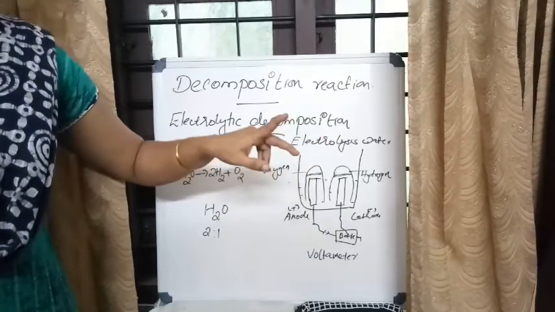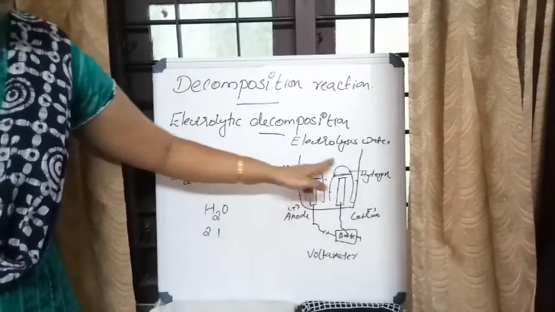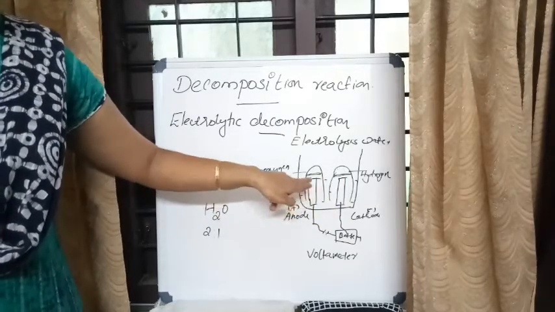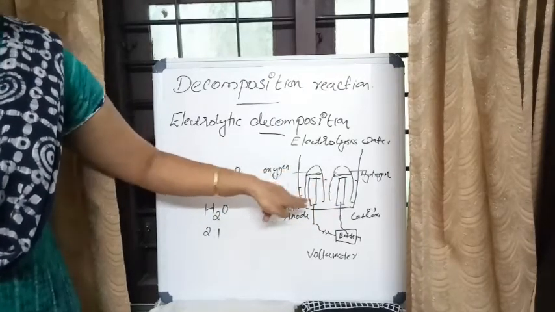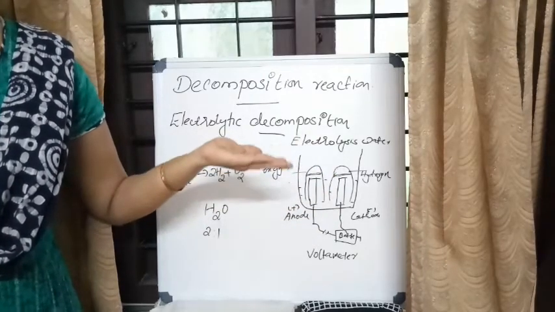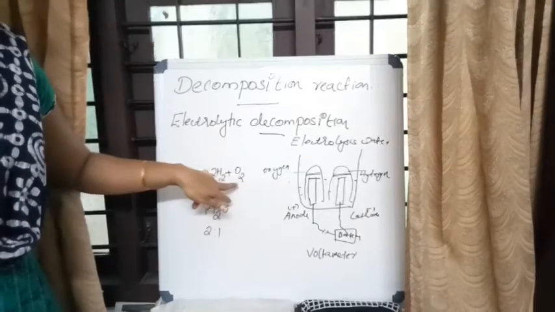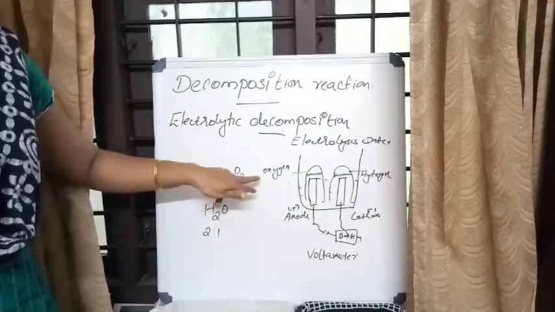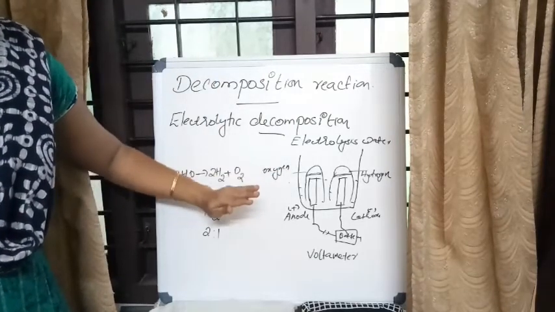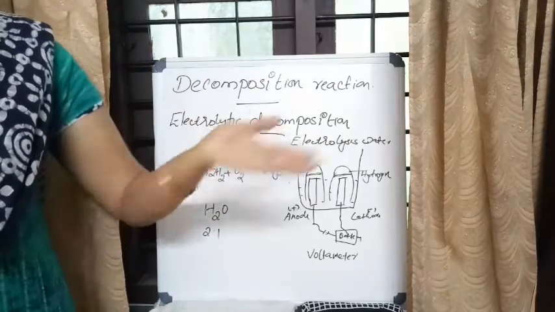And another very important point you have to note here, you can see the two inverted funnels. What is the idea of keeping the funnels like this? No, not funnels, boiling tubes like this. Why can't it be placed in the normal way? Because here the products are gases. Two products are there, both are gases. So when there is a decomposition reaction and after the formation, it directly mixes with the water.